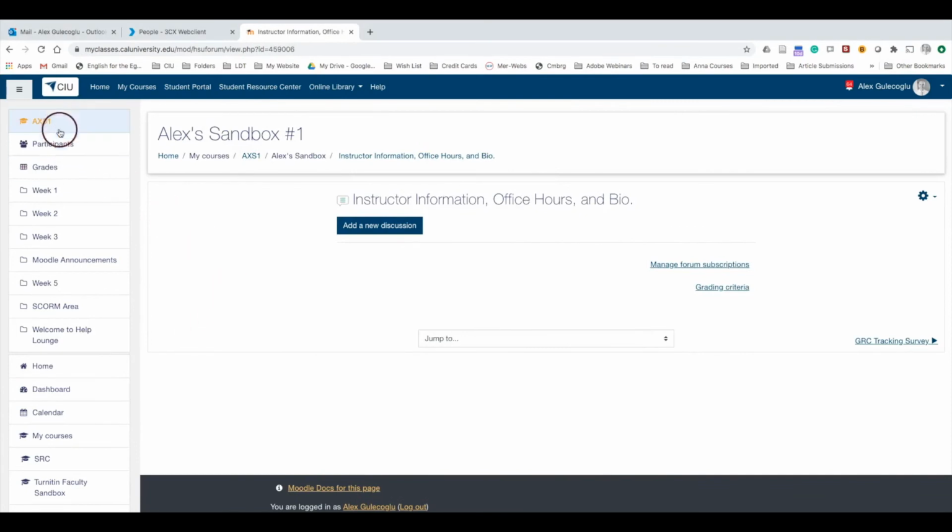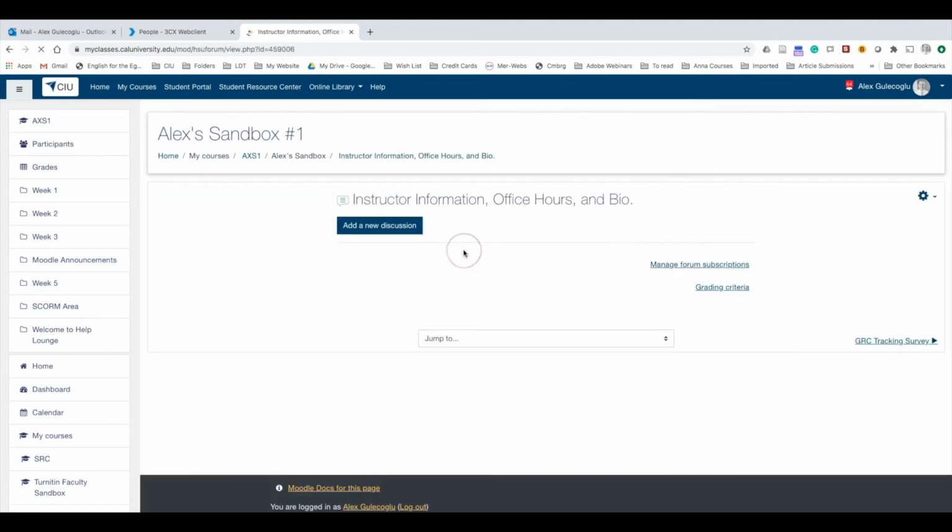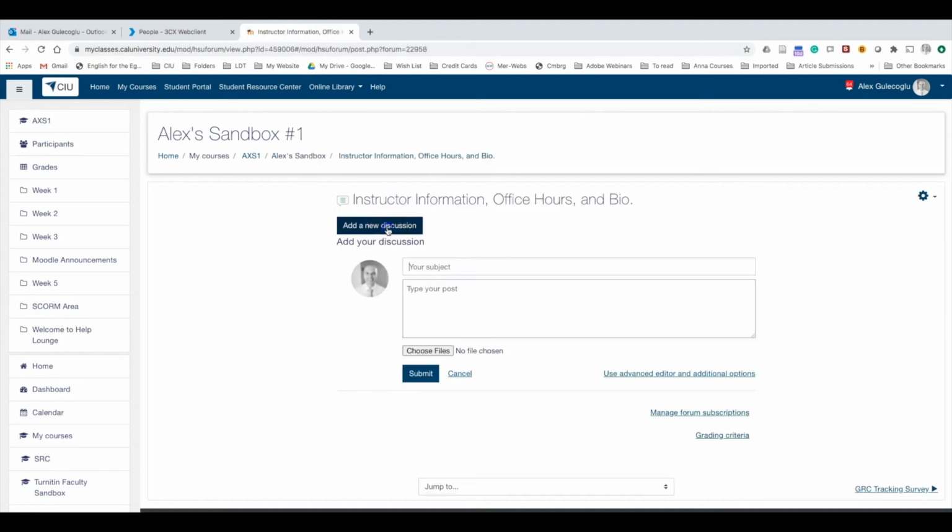And next item, I'm going to go to my course. For example, this is my sandbox. Imagine this is your course, and I'm going to put this in instructor information, office hours and bio discussion forum. Okay, add a new discussion, GRC 645, term 6, weekly live sessions. Okay, so you can type some information here. Please use the or click the link below